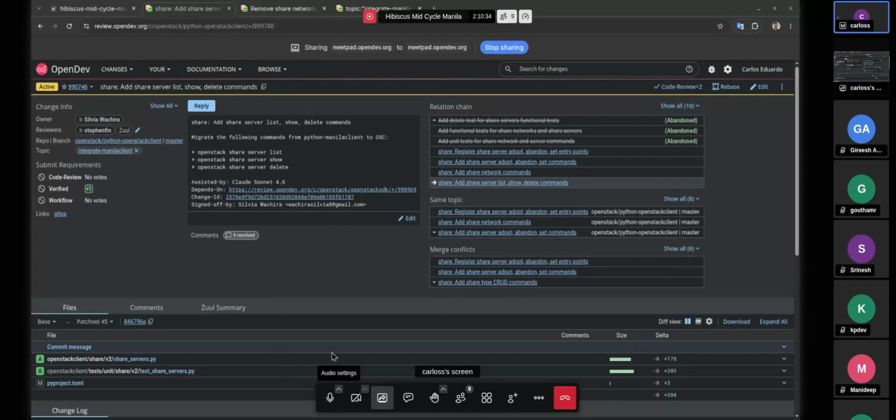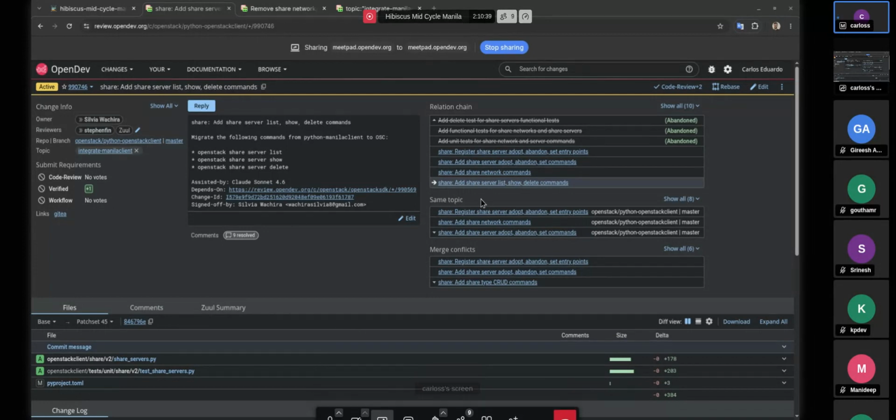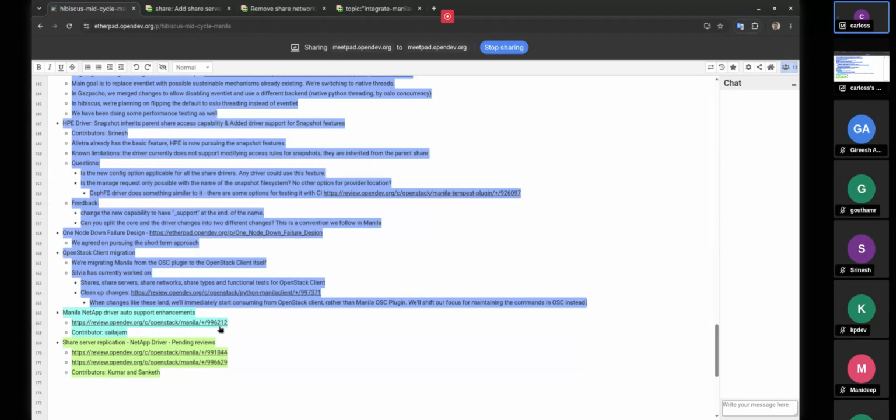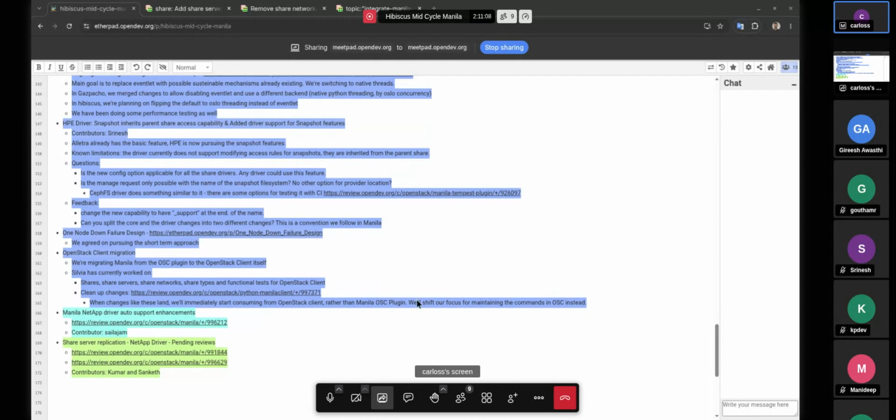Taking silence as no. So originally the invite I sent had the 2 hours, but we are pretty much at the hour of the Manila meeting. I don't mind staying, and I'm not sure if I should be taking that for granted. But we do have one more topic if you'd like to cover. Actually two, right? I see the share server replication also being added as a new topic. The next one would be the NetApp driver autosupport enhancements. Are you guys okay staying in the call for that topic?